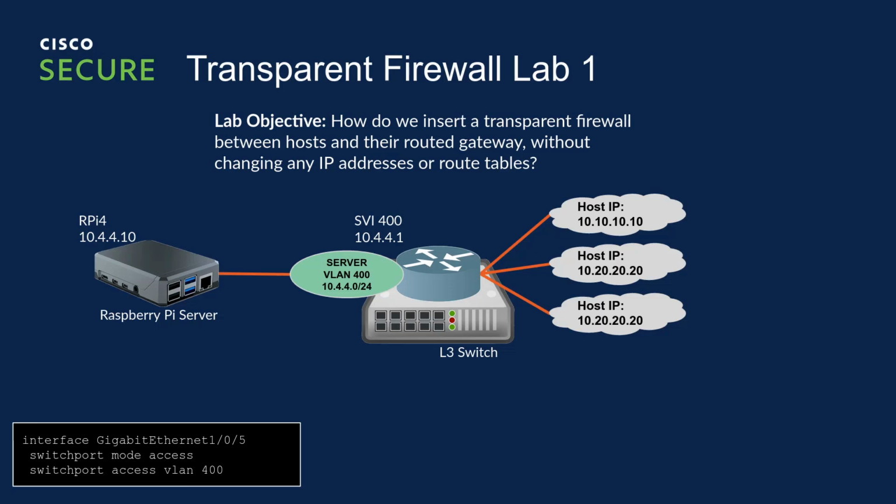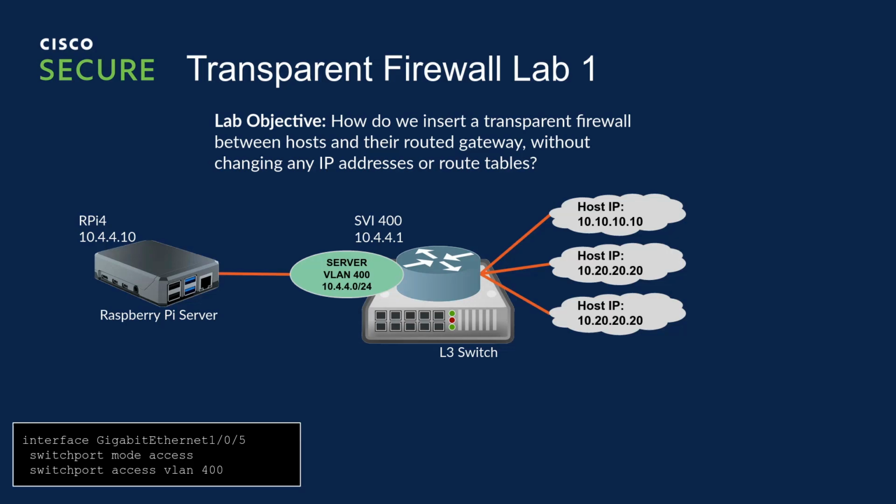On the left, it has an IP address of 10.4.4.10, and its default gateway is an SVI, or virtual interface, on the switch of 10.4.4.1 for VLAN 400. If you look at the interface configuration on the lower left-hand side, it is a typical switch port mode access port, and it is directly assigned to VLAN 400. Now the switch also has a few loopback addresses, just so we can test additional routes and communication beyond the